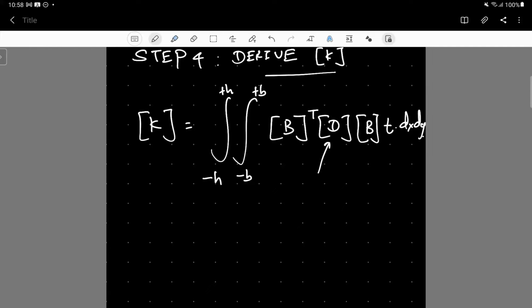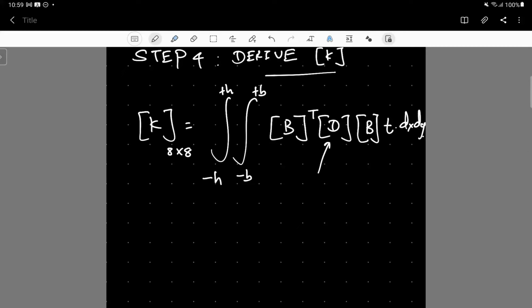Since the B matrix is also a function of x and y, you can do the integration and obtain the element stiffness matrix for a rectangular element. It should be clear that the element stiffness matrix for this rectangular plane stress element should be an 8 by 8 matrix, because there are 4 nodes and each node has 2 degrees of